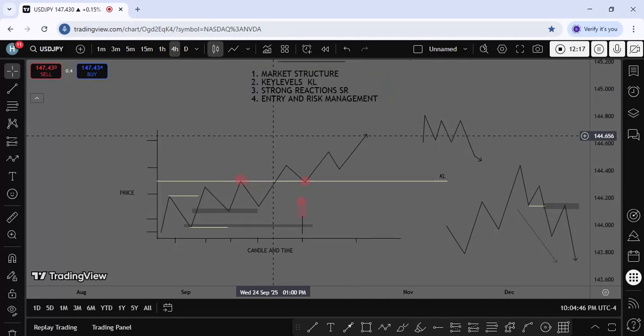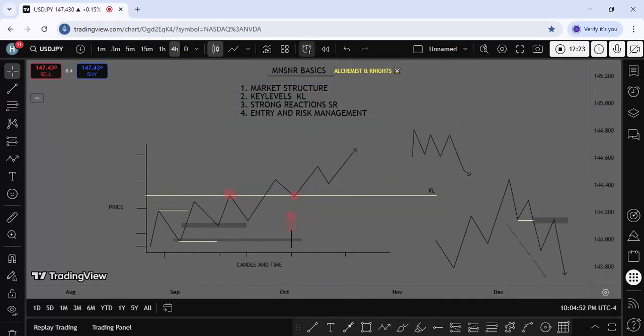This is just part one, the introduction, and I'm going to take the basics one by one in this channel. So we have the fourth, which I'm taking to the fifth, the entry and the risk management. So after reaction, after all of these reactions, depending on where you are taking your trade to,